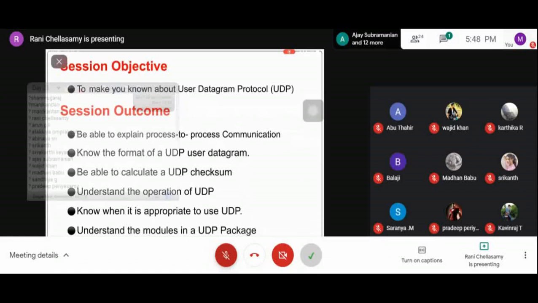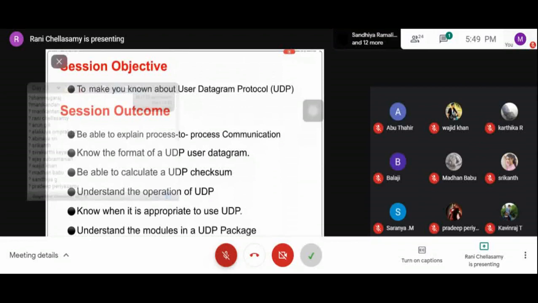They will understand the operations or functions of the User Datagram Protocol, know when it is the appropriate time to use it, and understand the modules in the User Datagram Protocol package. These are the outcomes of today's session.